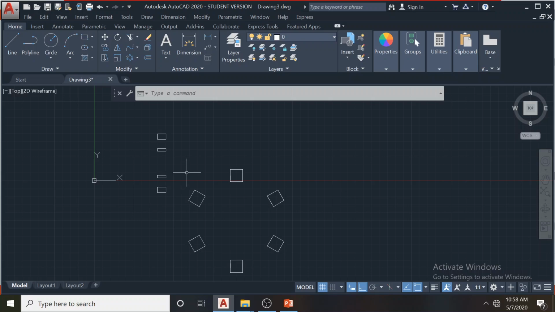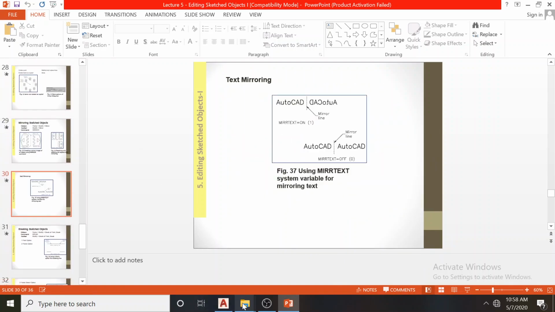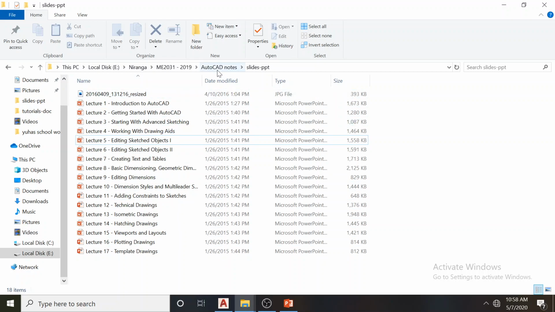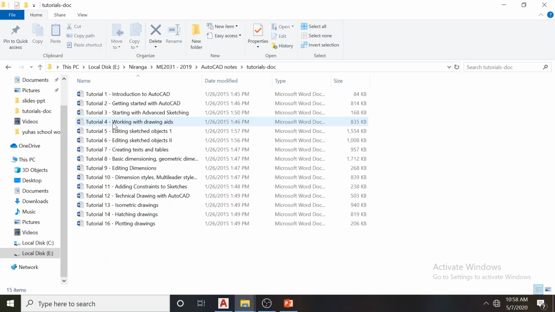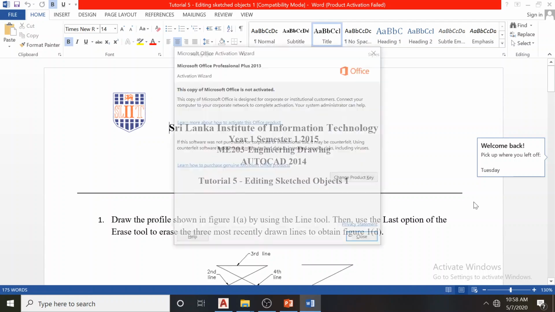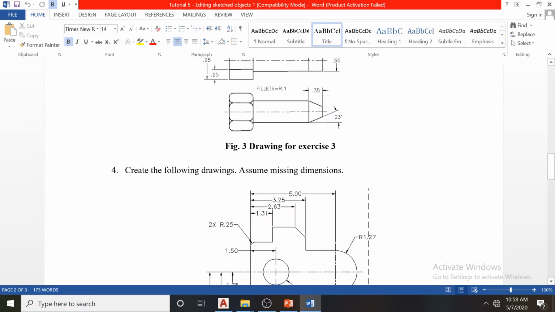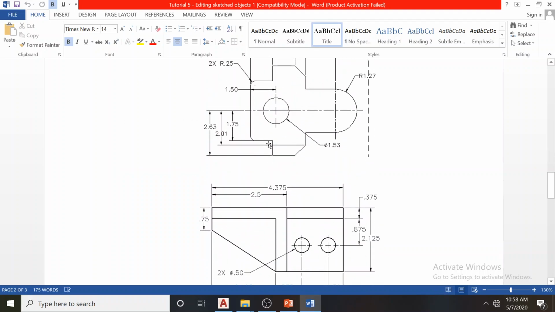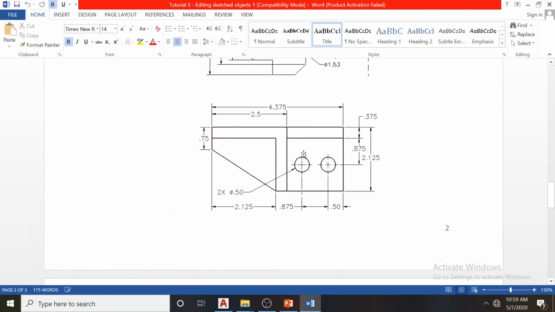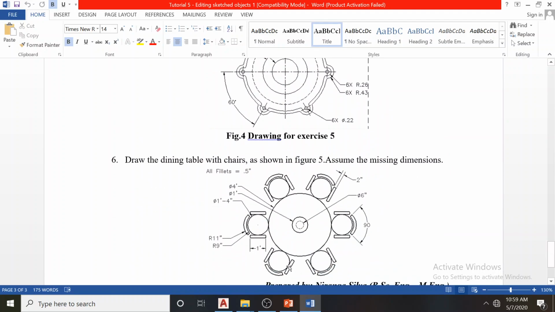So we have discussed the two basic ways of doing the array command. We have a tutorial based on these things. We will post the videos of the solutions, so you can redo these things. These are easy things, I have done this. Also use the offset tool and try to do this. We have done this. Try these at home, and we will post the answers for these two questions.